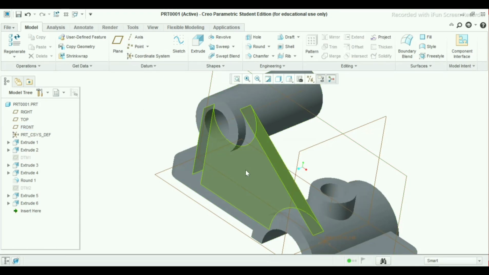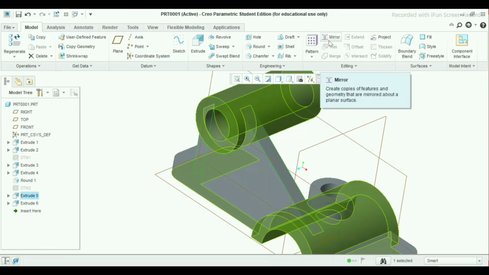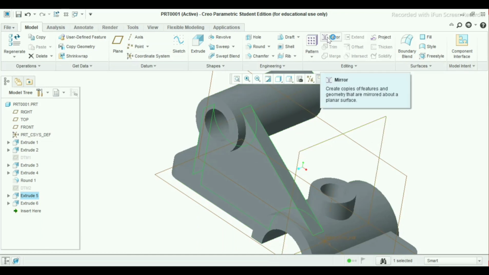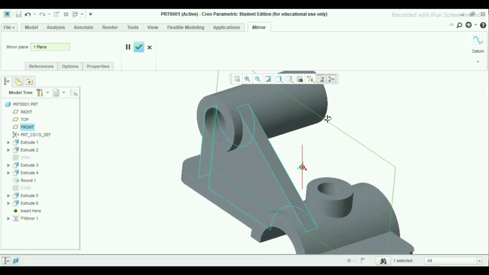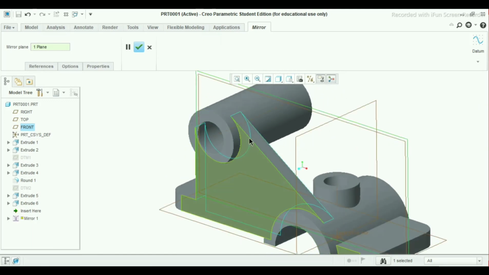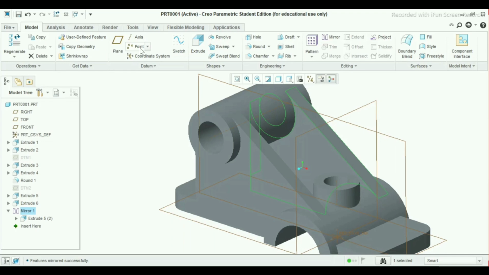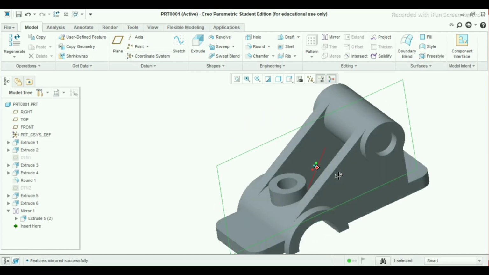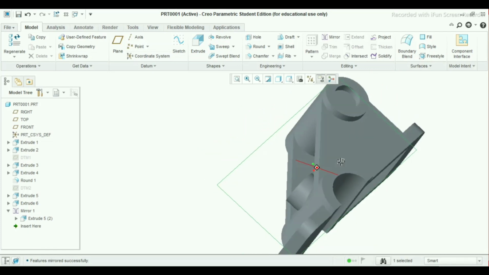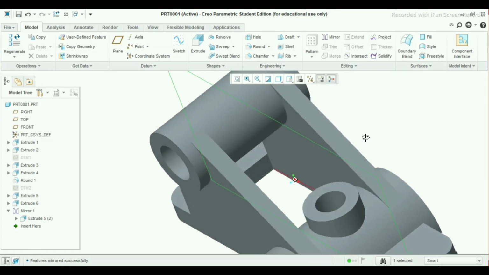Actually select first material and then mirror. Now select the front plane. It will show the preview on blue color lines, as you can see. Click OK. Now our mirror has been done, mirror operation completed.